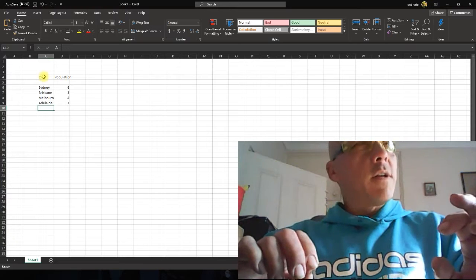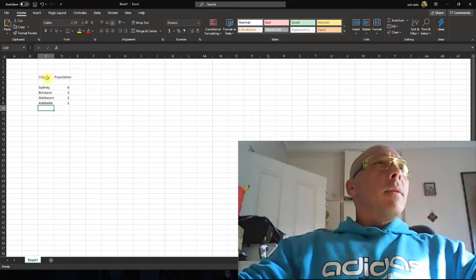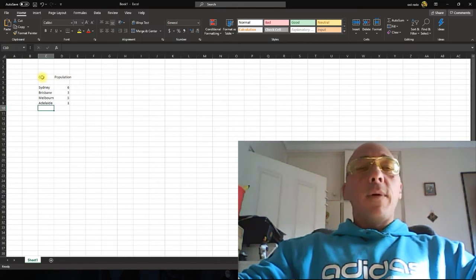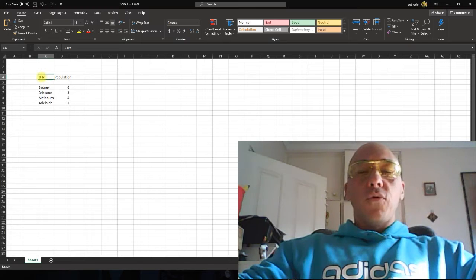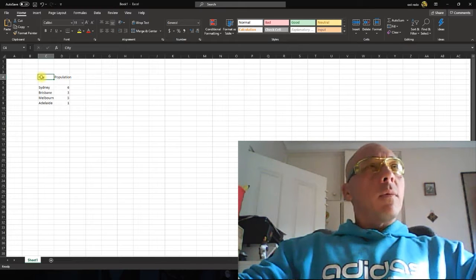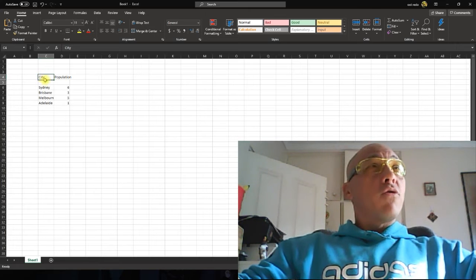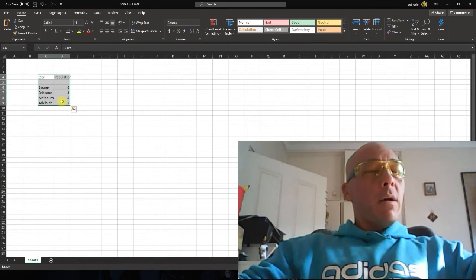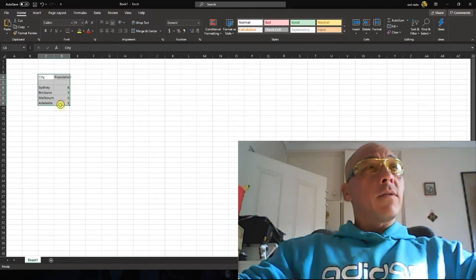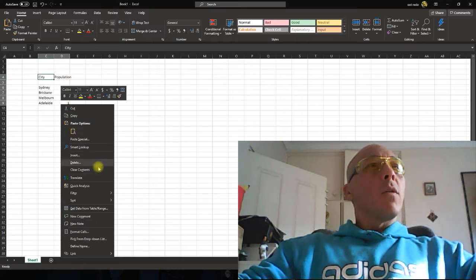Okay, so there's a few cities. Let's put this into a formatted table. So I will just left click up here and left click again to press and drag. So keeping my finger on the left mouse button, dragging over here to the right hand corner on the bottom, and then releasing my left finger, and now right clicking over the selected area to format the